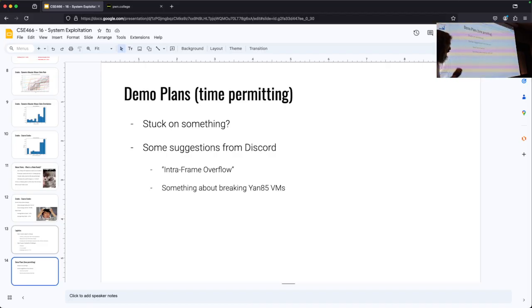The trick here for these cumulative things, particularly with the comment that the first Yan85 one is this insane jump, is that you need to reverse the binaries. I don't know how people are doing this without reversing binaries.